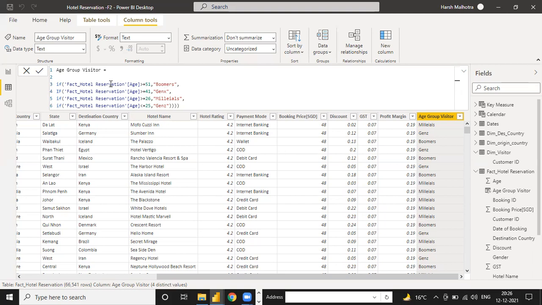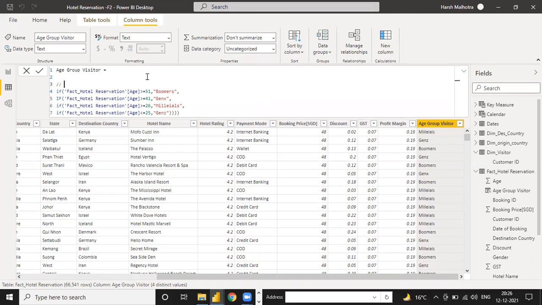Okay, it means suppose if you put one condition, then Power BI runs only one condition for all the rows. Then it goes to the second condition for all the rows, then the third condition for all the rows, and then the fourth for all the rows. If you have fifth, sixth, seventh, and 10th, you always have to use them from largest to lowest. Largest to lowest. Any age, demographics, or any aging file.